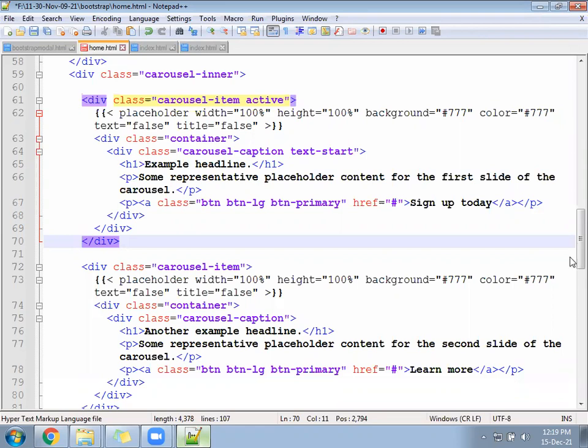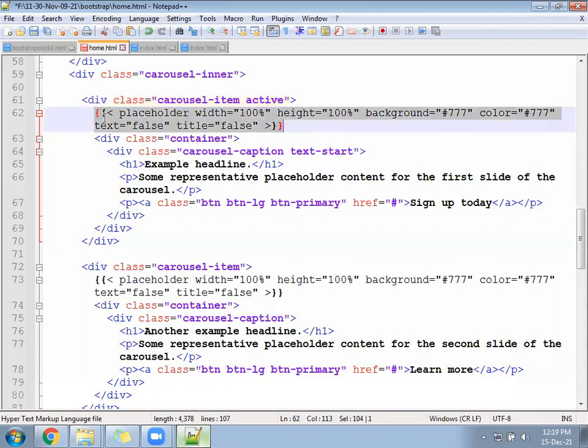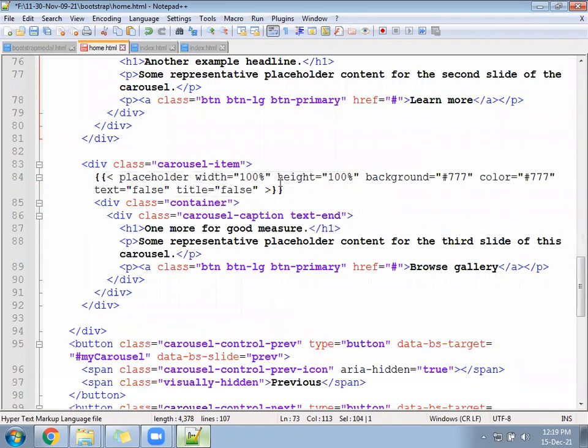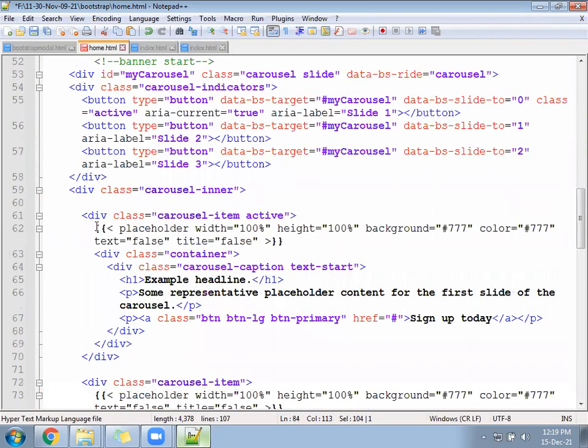Okay, next, here you can see one placeholder within curly brackets. Again in the second also there is a curly bracket, and here also we have double curly brackets. This double curly bracket is for the image. We are going to remove that section and write img src. In the current folder we already have some photos 1, 2, 3, 4.